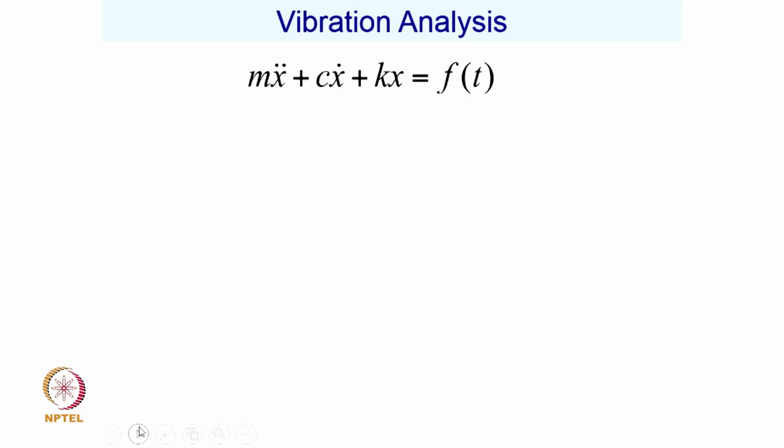And typically, in the process of converting a mechanical system into its vibratory model, we are all the time looking at which constitutes the inertia, which constitutes a dissipation element, and its associated parameter value, and what is the stiffness element in that. And most of the times, as we discussed,